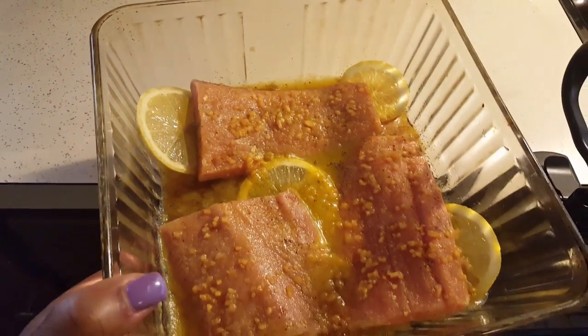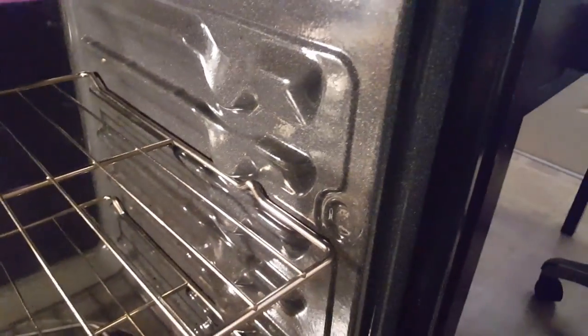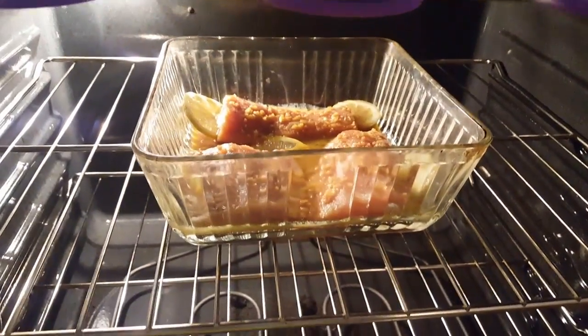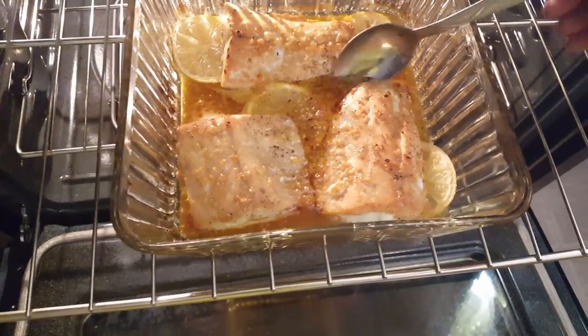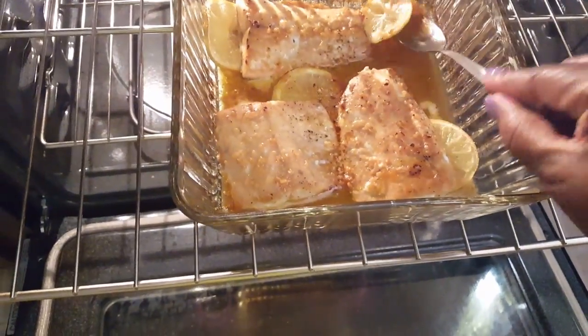Here's what your salmon looks like after it's been marinated in the refrigerator for about 20 minutes to let that flavor get into it. And then you're gonna put it on like the 3rd setting in your oven, because you're gonna put it on broil, low broil, and I'll show you what it looks like when it comes out. Okay, cook on low broil for about 6 minutes,